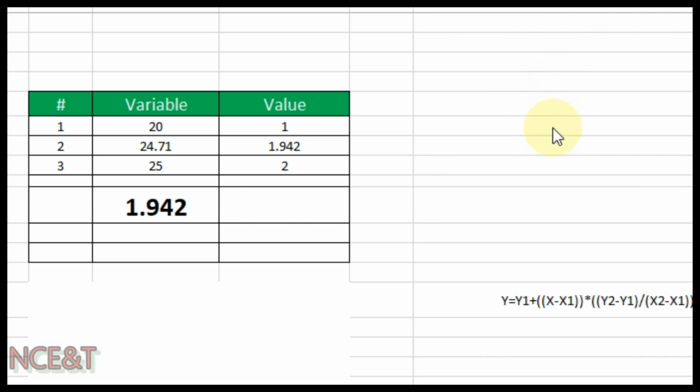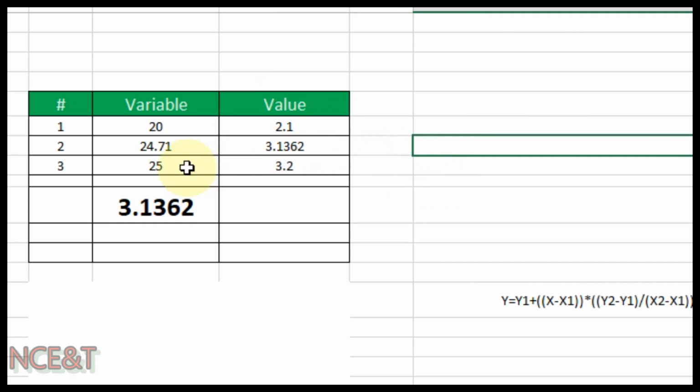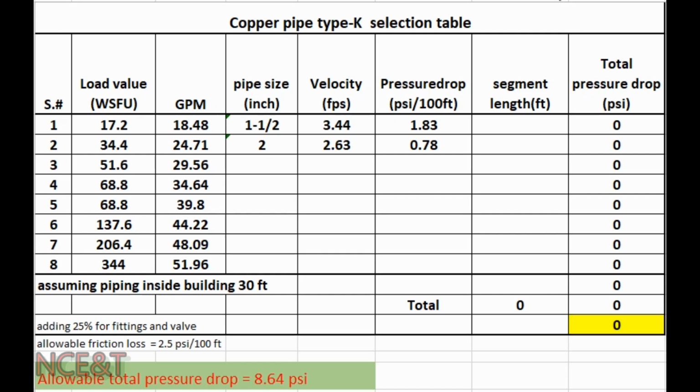Similarly, for head loss, for 20 GPM we have the head loss 2.1 psi per 100 feet, and for 25 GPM we have the head loss 3.2. So for 24.71 we have the head loss 3.136. It means 3.14. Let us fill the value of selected pipe size, velocity and pressure drop for both these GPM,